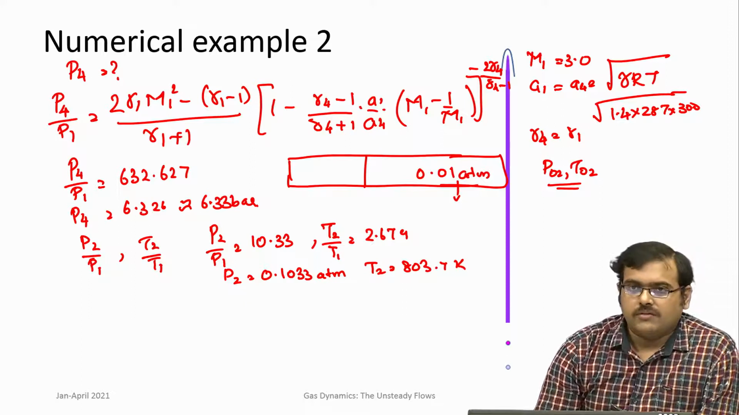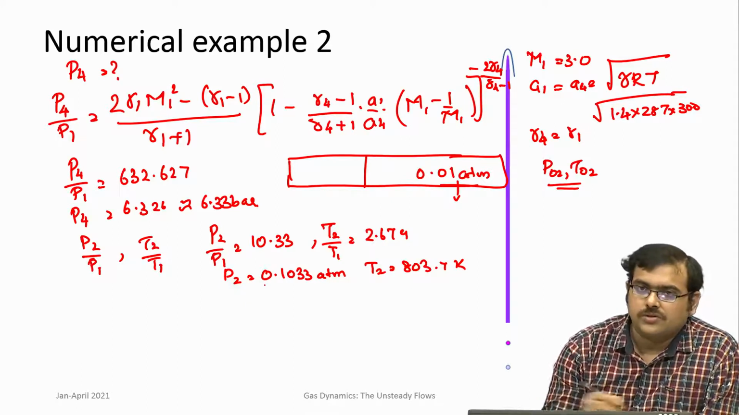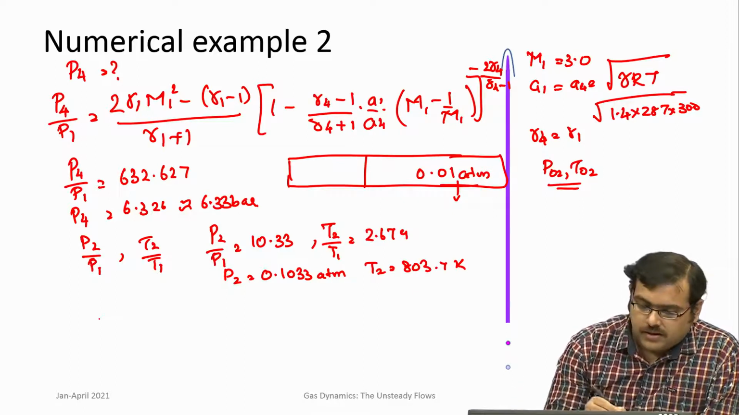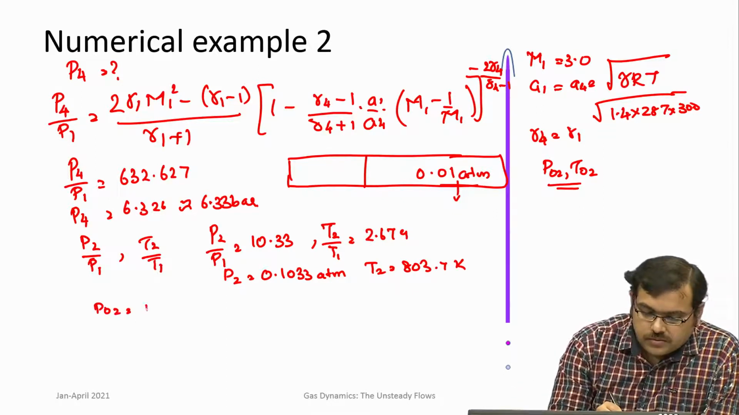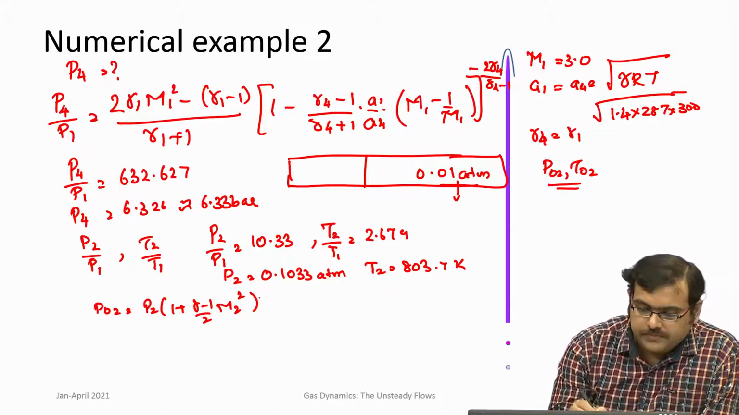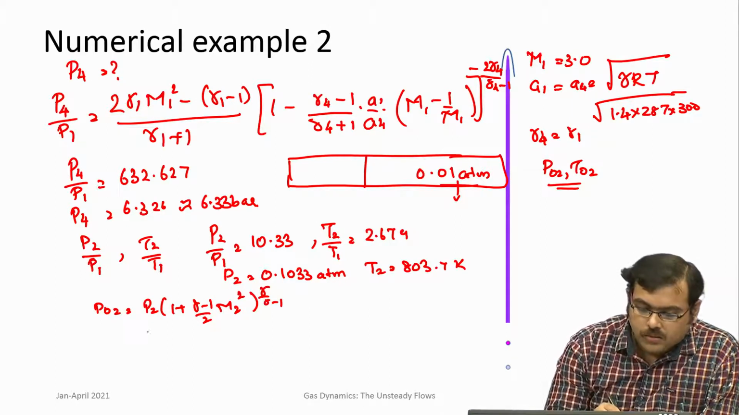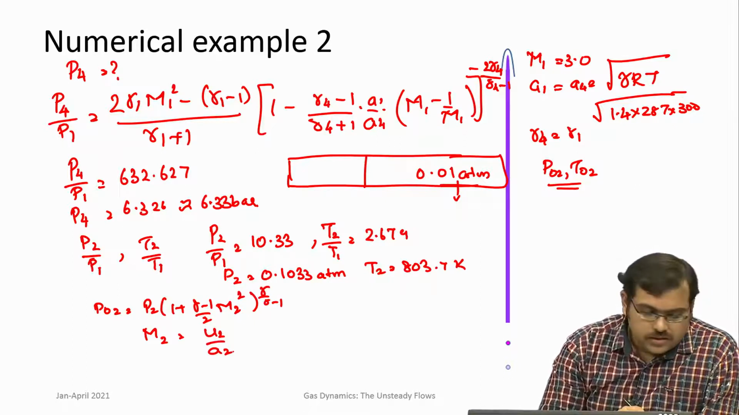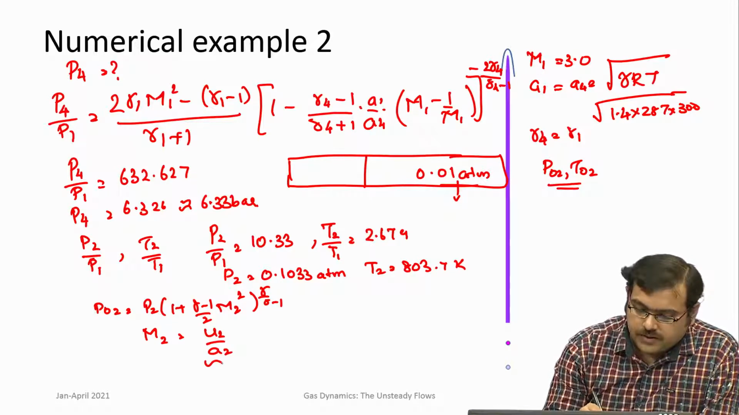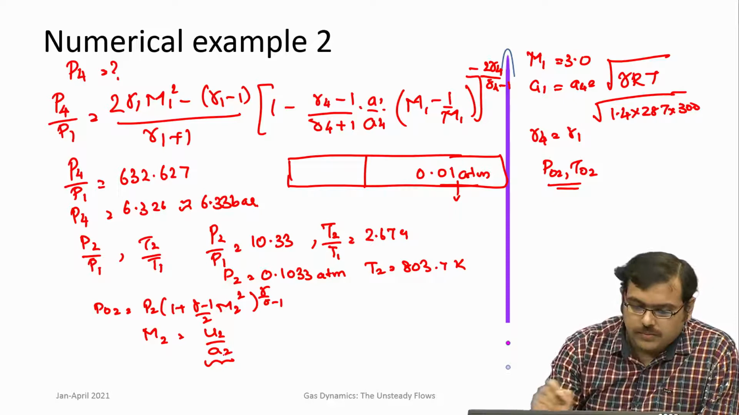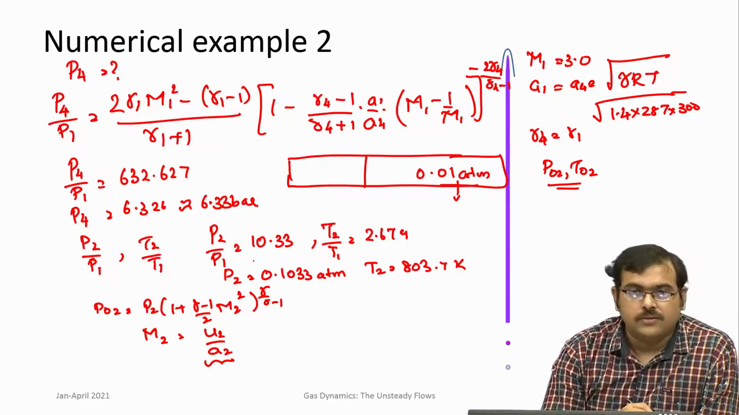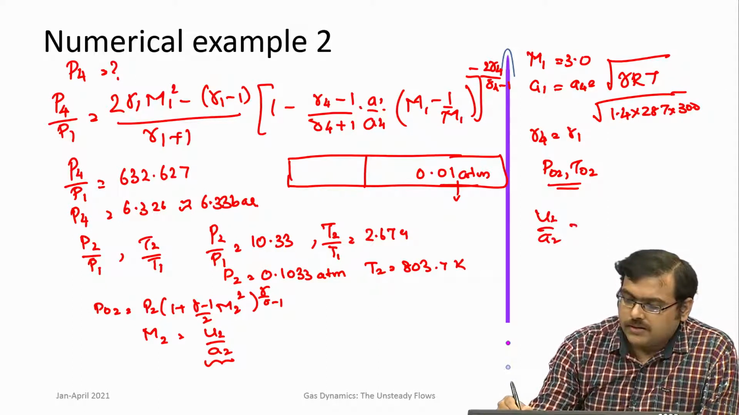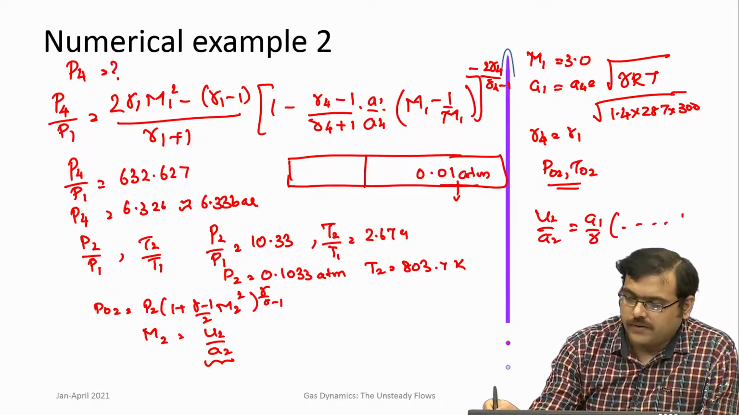Now stagnation pressure, if you have to calculate for the region 2, you have to do the calculation for P02, which is P2 multiplied by (1 plus (gamma minus 1) by 2 M2 square) to the power gamma by gamma minus 1. What is M2? M2 is U2 by A2. Now you have to calculate U2. Since you know Ms and you know P2 by P1, you can directly use the relations of what is U2 by A2 in terms of A1 by gamma and the various ones,